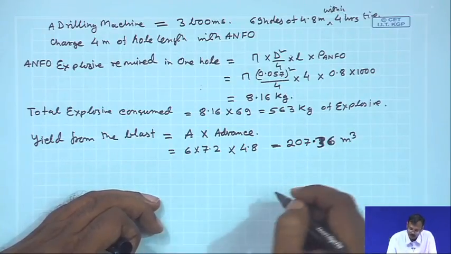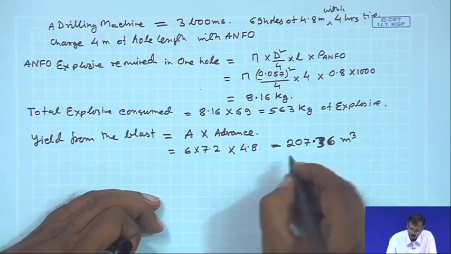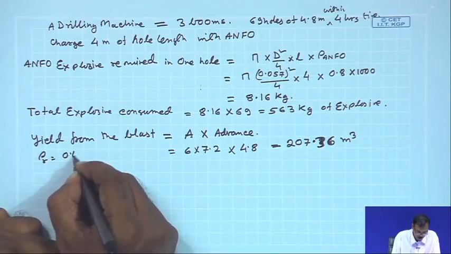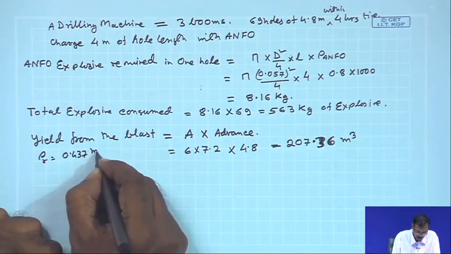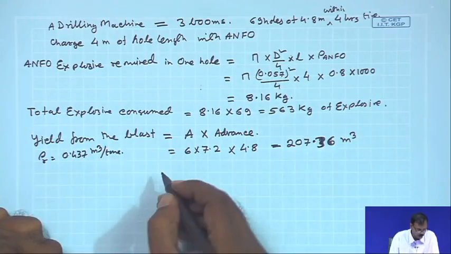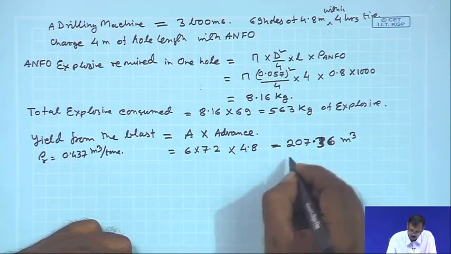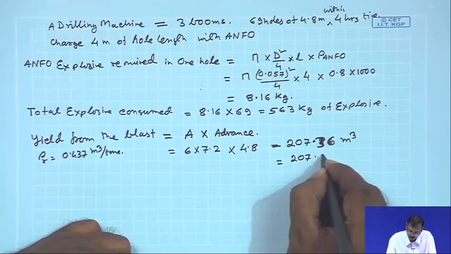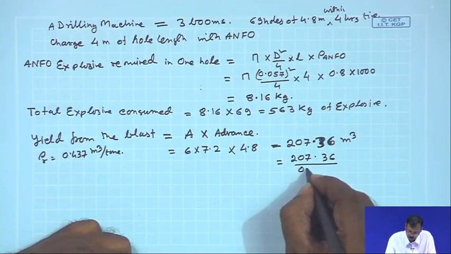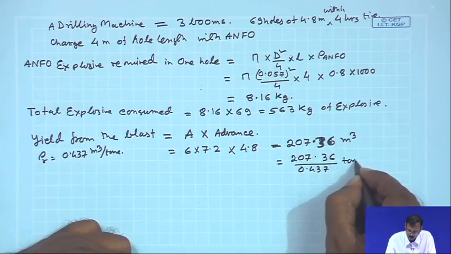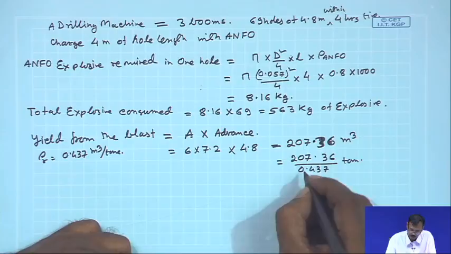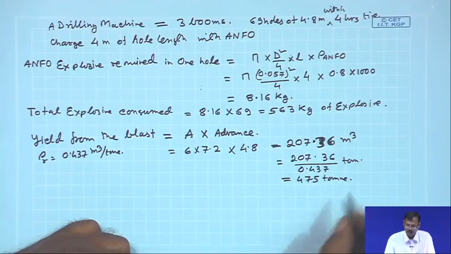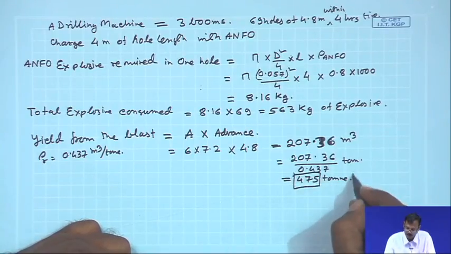So, density is also given to us, or you can say the inverse of density, rho r, is given: 0.437 meter cube per ton. So, if we are converting this to ton, we get 207.36 divided by 0.437 ton. So, that means it is coming 475 ton. So, the 475 ton is the yield,